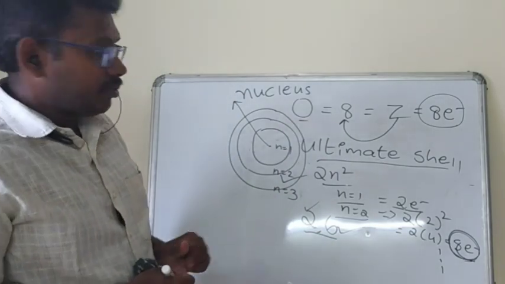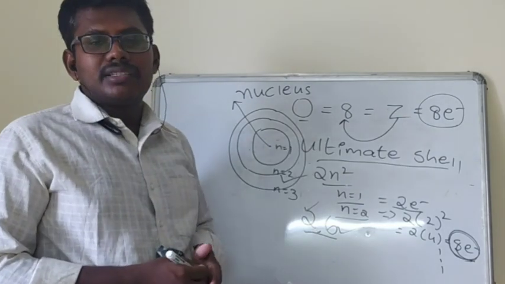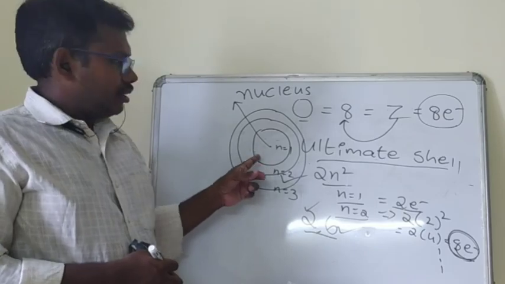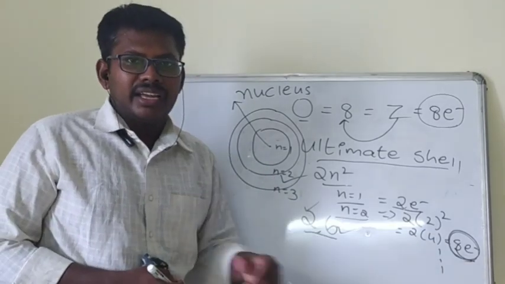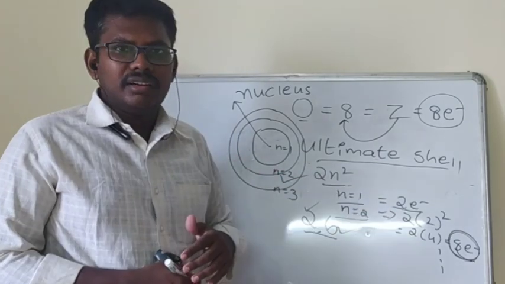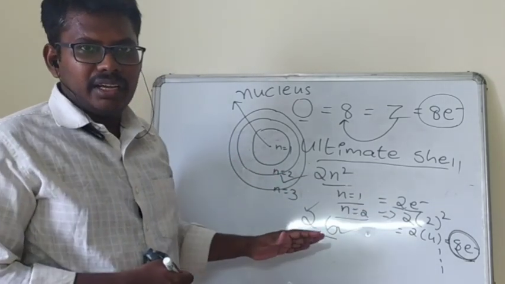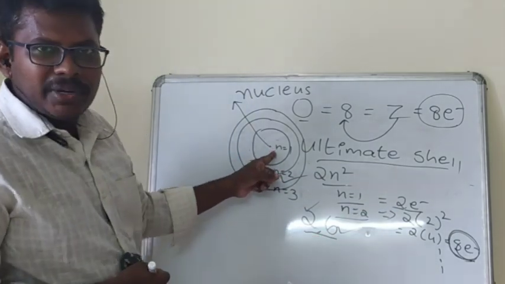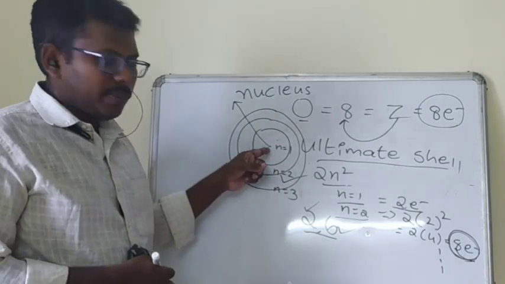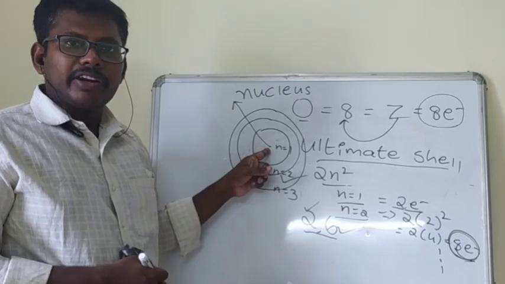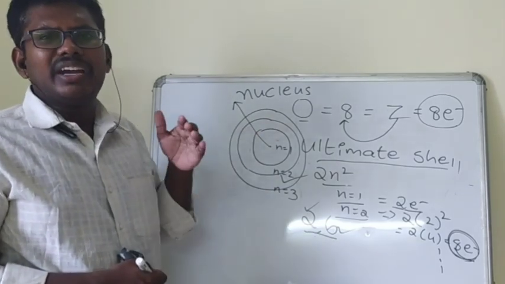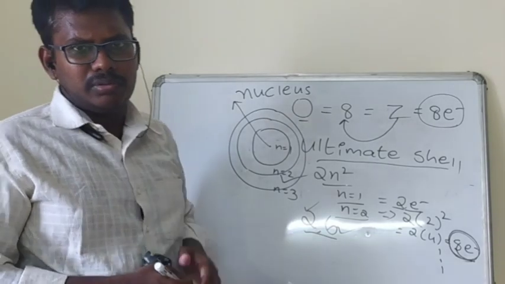You will get one doubt: Sir, oxygen has 8 electrons. You said first room capacity is 2 and second room capacity is 8, so why not send the electrons directly to the second room? But here, we need to fill the orbits one by one. So compulsorily we must come to the first orbit. After filling the first orbit, we need to go to the second orbit. Don't go directly to the second orbit. That is one rule.